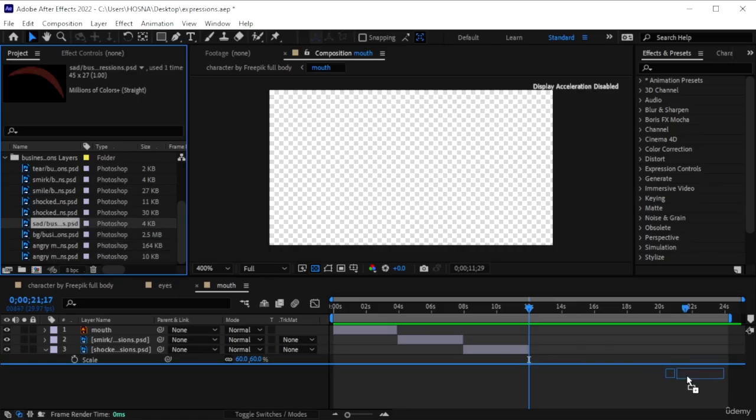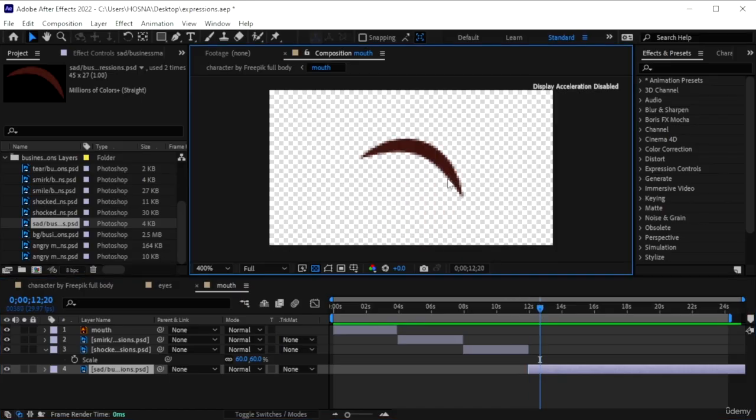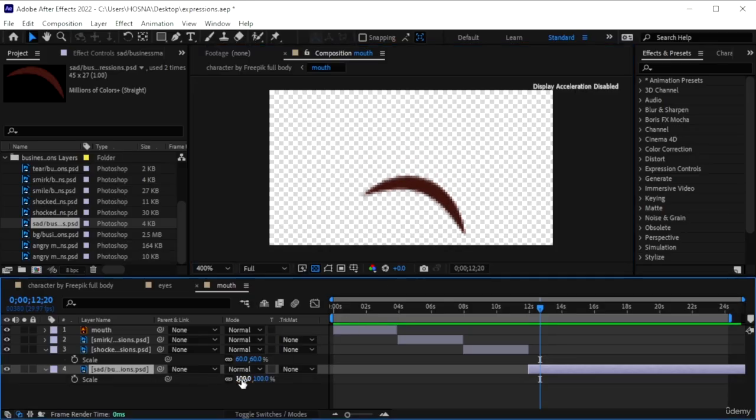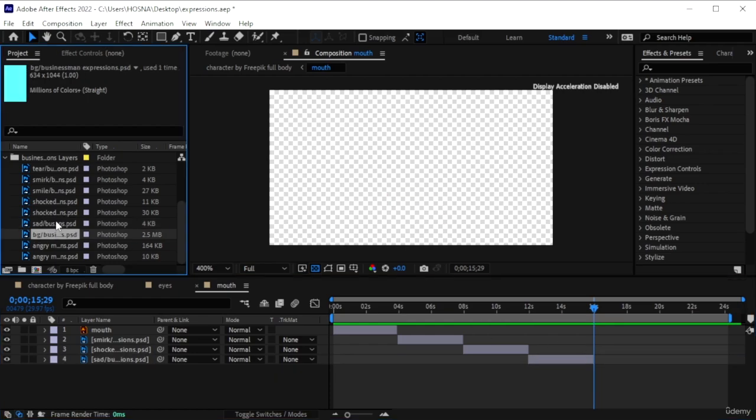So get the sad mouth, put it underneath shocked. Bring it so it starts right after the shocked mouth. Bring it here. We don't want to delay. Then bring this mouth down here. I think we need to also scale this down to 60. Looks like that. We can always come back and change the sizes, so don't worry. Again, we're gonna go for 16 seconds, Control-Shift-D, get our next mouth, which is